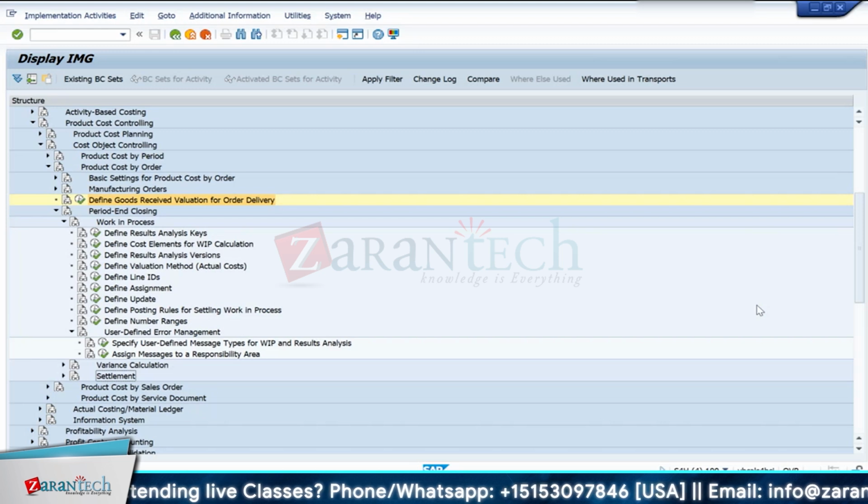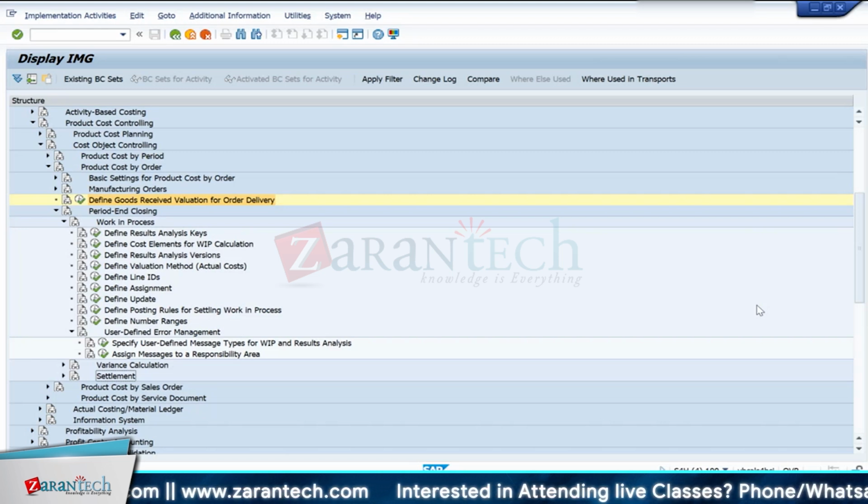So what do you have to do? Though the product is not completed, the issued raw materials and activity confirmation cost, you have to consider as work in progress. As per accounting standards, work in progress is a current asset, right? I mean, you have to show work in progress. You can show it under your balance sheet as an asset,